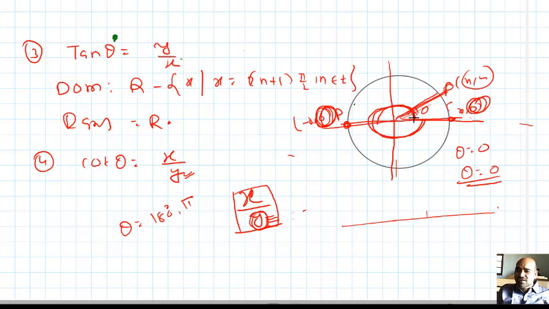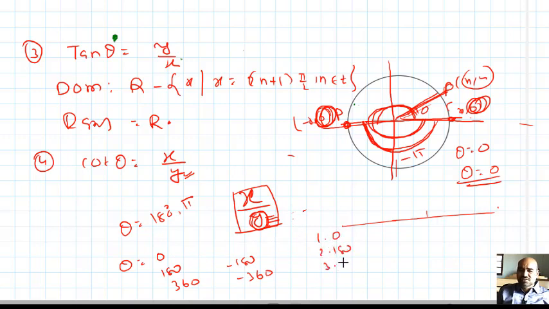One thing. Now I want to rotate in the clockwise direction. Rotating, here my angle is minus pi, clockwise direction, minus 180 degree. For this case also, y is 0. That means theta equal to 0 degree or 180 degree or 360 degree or minus 180 degree or minus 360 degree, cot will not be defined. This fraction won't be defined. So now I want to generalize: 1 into 180, 2 into 180, 3 into 180, 4 into 180, minus 1 into 180, minus 2 into 180. For these angles, cot theta is not defined.